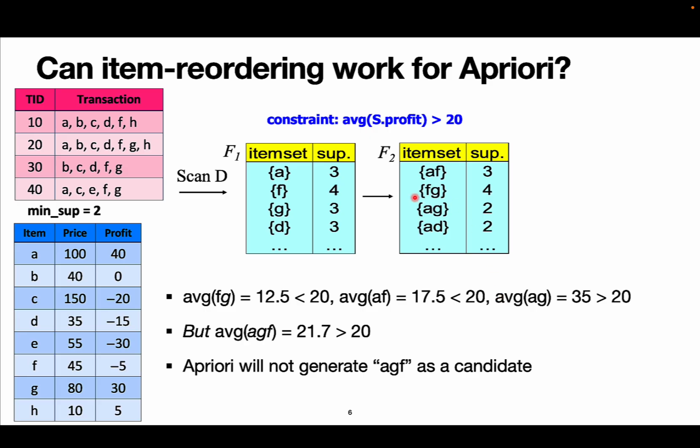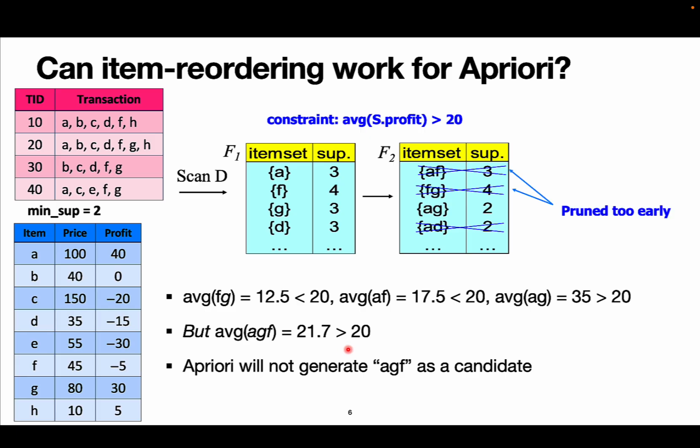This is our two item sets. We have AF, FG, AG, and AD. Only AG survives because AF, FG, and AD do not meet the constraint. But notice how we lost the opportunity of generating something that may still hold the constraint. So AGF is 21.7, which is greater than 20, but we will never be able to generate it because F